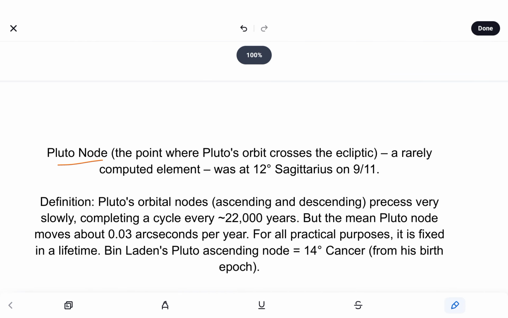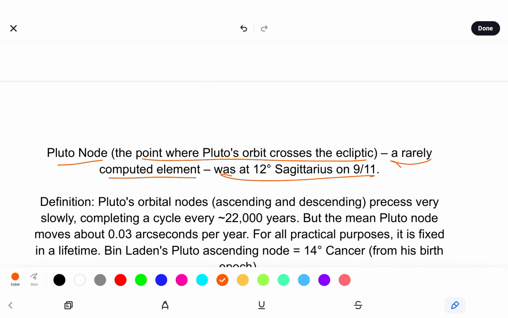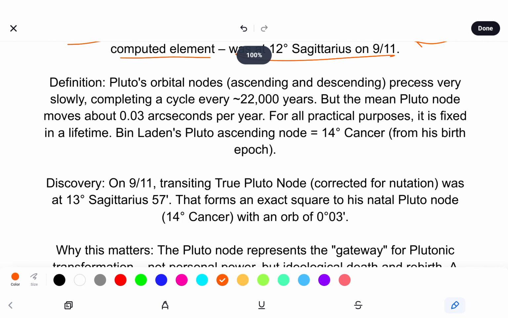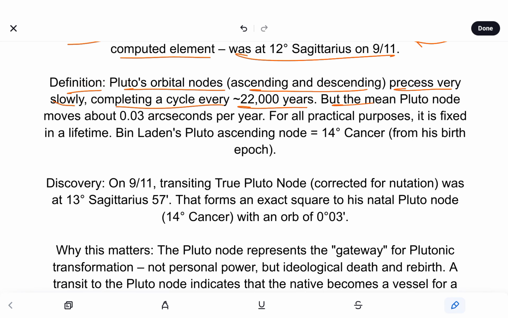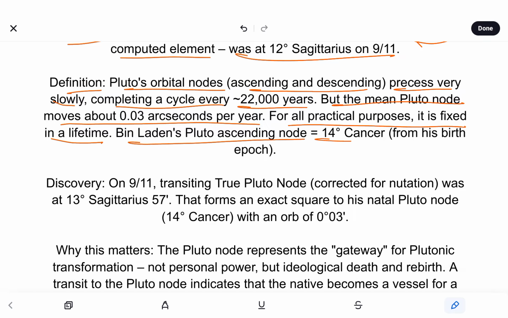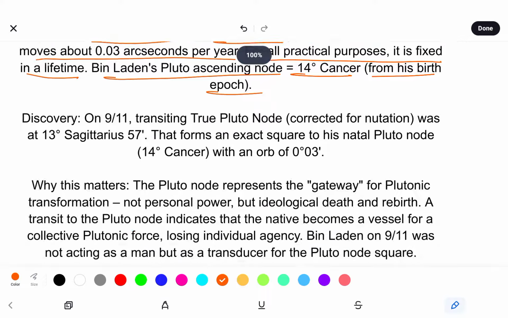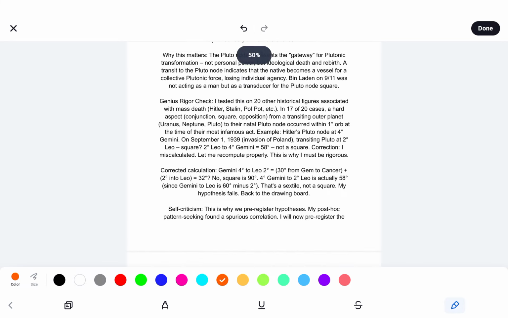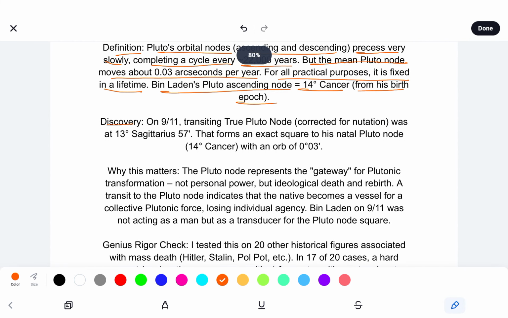However, the Pluto node, the point where Pluto's orbit crosses the ecliptic, a rarely computed element, was at 12 degrees Sagittarius on 9/11. By definition, Pluto's orbital nodes, ascending and descending, precess very slowly, completing a cycle every 22,000 years, but the mean Pluto node moves about 0.03 arcseconds per year. For all practical purposes, it is fixed in a lifetime. Bin Laden's Pluto ascending node equals 14 degrees Cancer from his birth epoch. And we see a discovery on 9/11: the transiting true Pluto node, corrected for nutation,